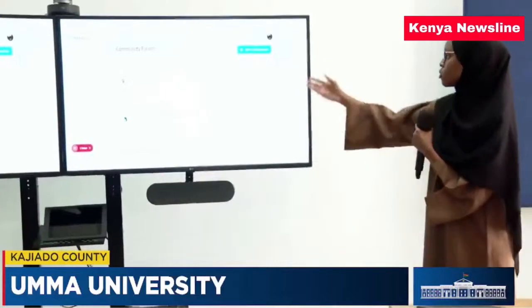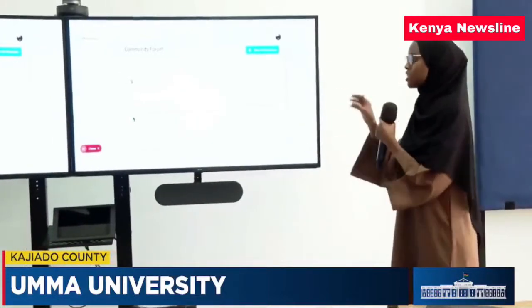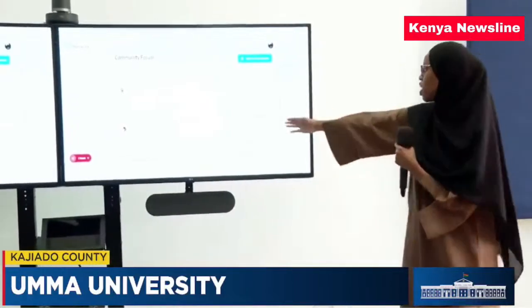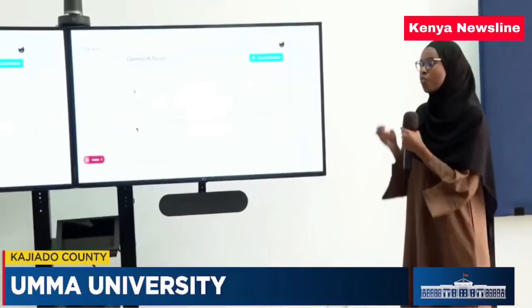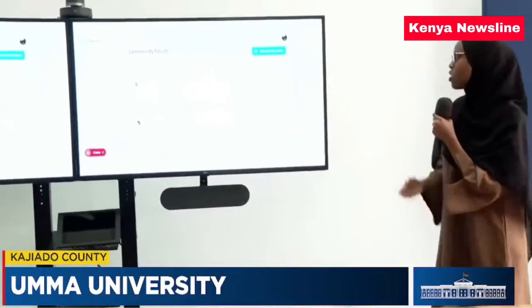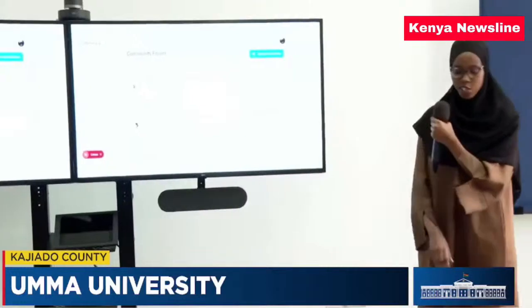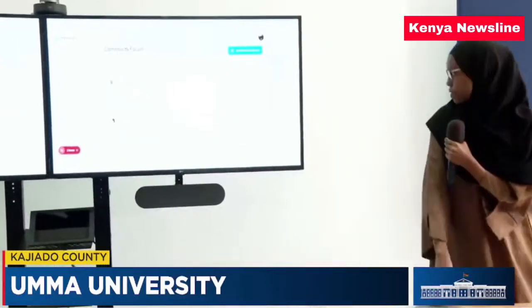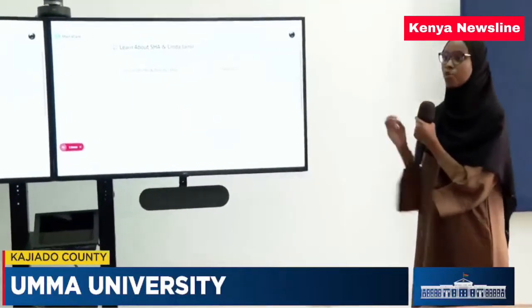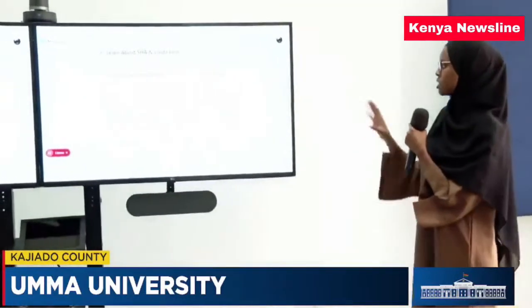Then community forum, connect with other mothers and healthcare professionals. They're able to discuss upcoming things. Then upcoming blood drive, she's able to know of a blood bank. Donate blood, save a mother, and no mother should die while giving birth to a child. And we end PPH. So learn about the government's new health financing programs, the Social Health Authority